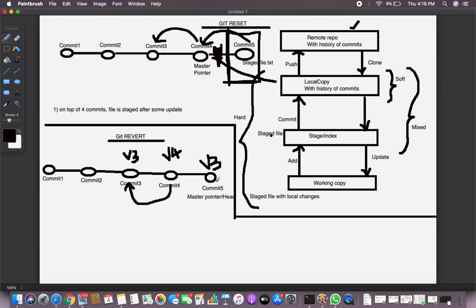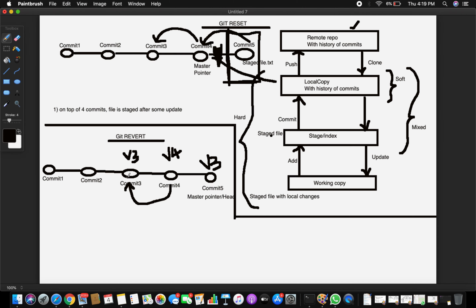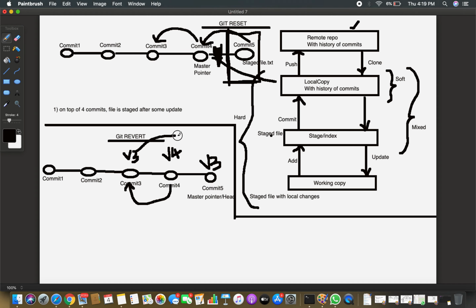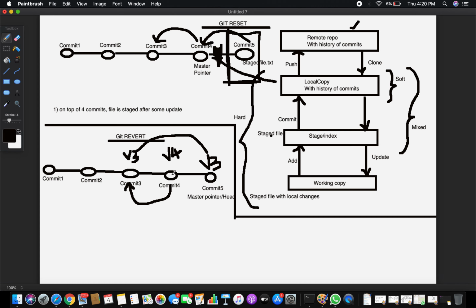On the new commit, to where you want to revert, those changes will be placed. In this new commit, you are seeing the same code that is there on commit 3. You actually reverted your changes from commit 4 to commit 3, but it makes another commit, commit 5.